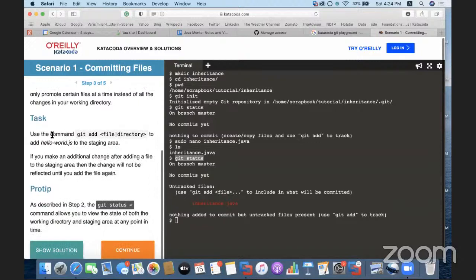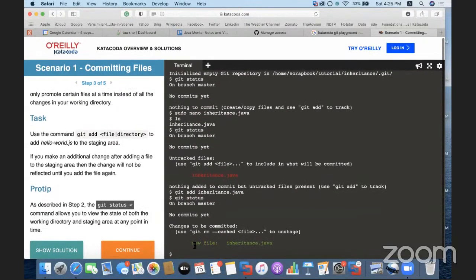Now, second, अब आपको एक कमांड यूज करनी है git add, और आपको फाइल का नाम देना है जिसको आपको स्टेजिंग एरिया में ऐड करना है। तो हमें अभी स्टेजिंग एरिया में किसको ऐड करना है? मान लो inheritance.java को, ठीक है। तो आई विल राइट दिस कमांड git add inheritance.java, ठीक है। सो अब ये मेरा स्टेजिंग एरिया में पहुंच गया। अब मैं अगर दोबारा git status चेक करता हूं तो आप देखोगे ये ऑलरेडी स्टेजिंग एरिया में आ चुका है कि there is a new file inheritance.java, ठीक है। Okay.